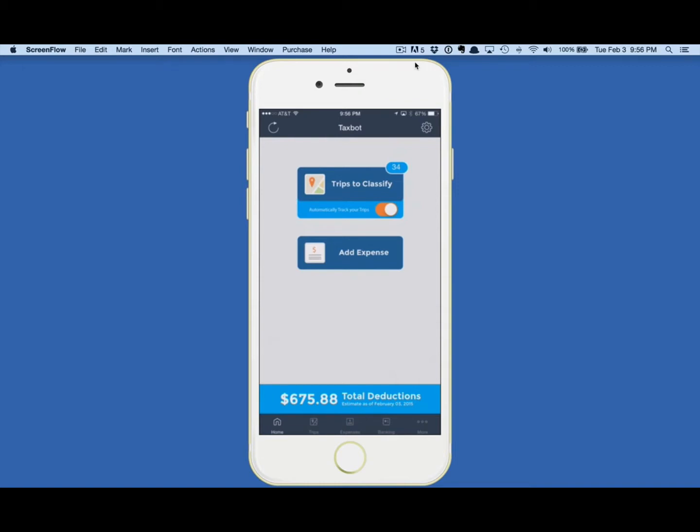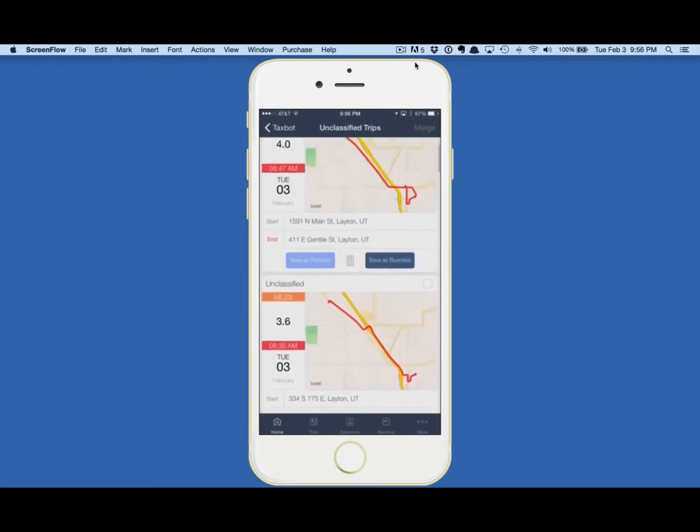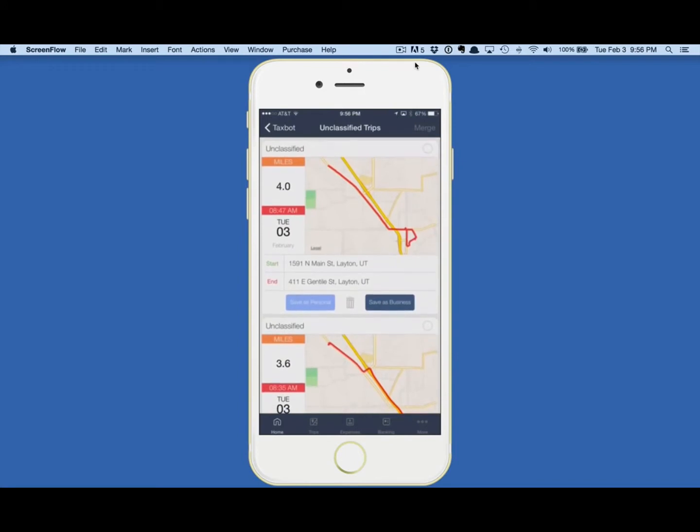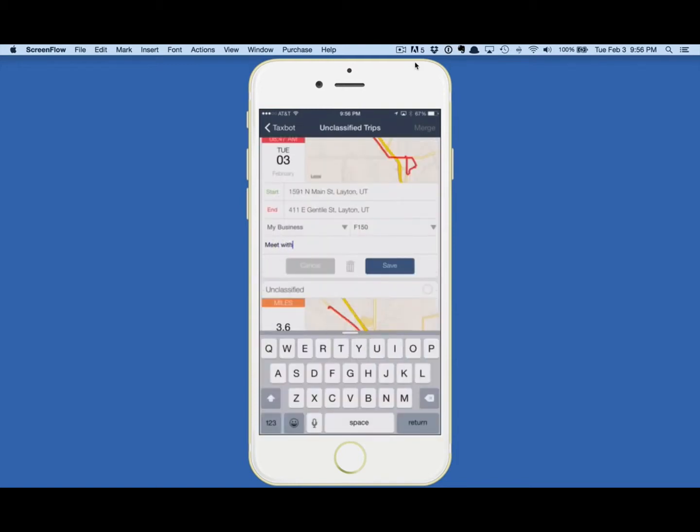You can see it says trips to classify. I'm going to tap that and come in here, and these are all my trips for the day. I can say which ones were business, which ones are personal, and which ones I just want to delete. Let's say this one was business. I can click Save as Business. It asks me what the business description was, so I'm going to say Meet with Tom